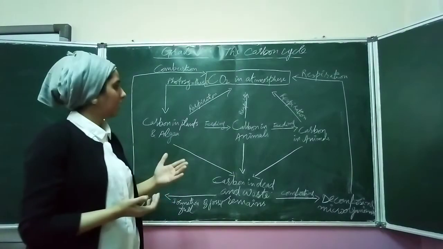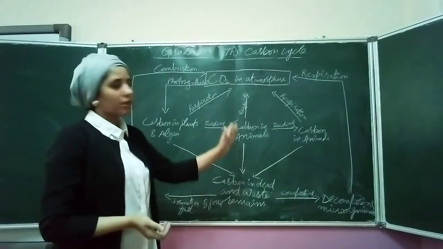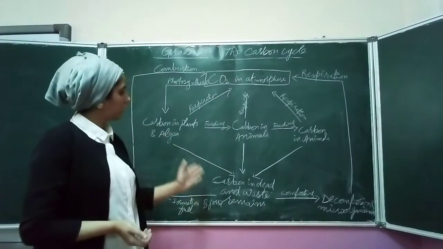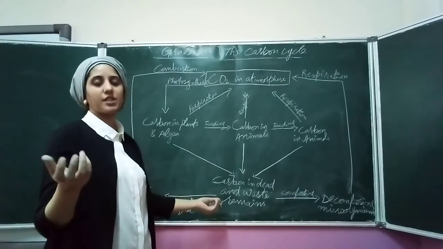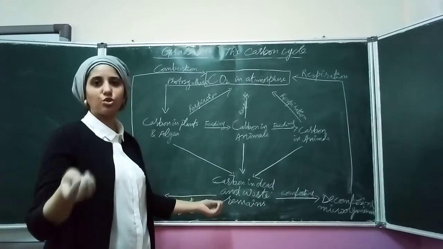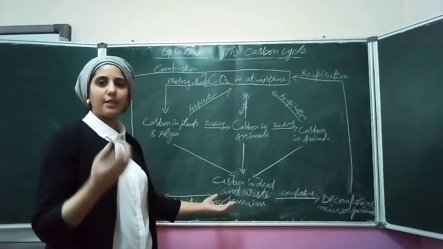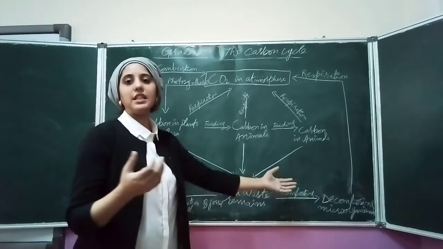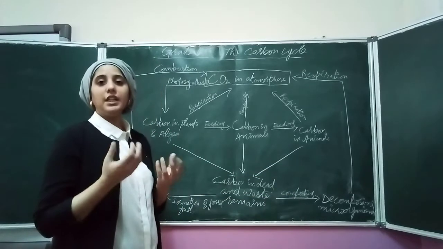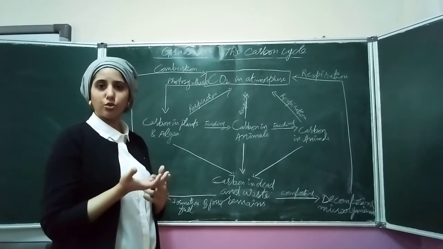Now let's resume the cycle. So all these consumers and producers release their waste products, and eventually when they die, the dead material and the waste material is decomposed with the help of decomposers, which are bacteria, fungi, protozoa and